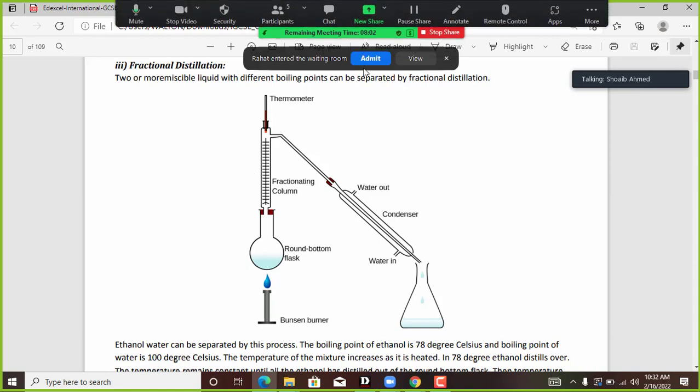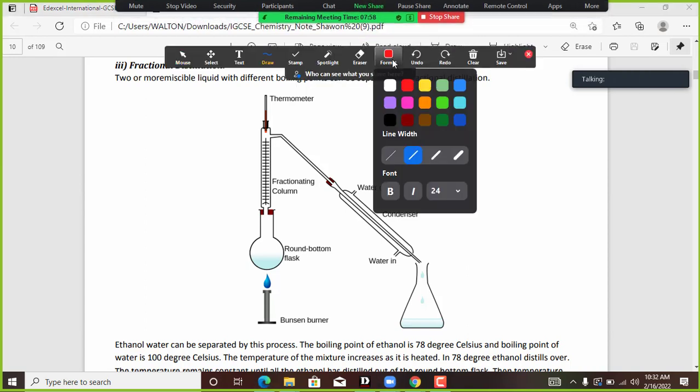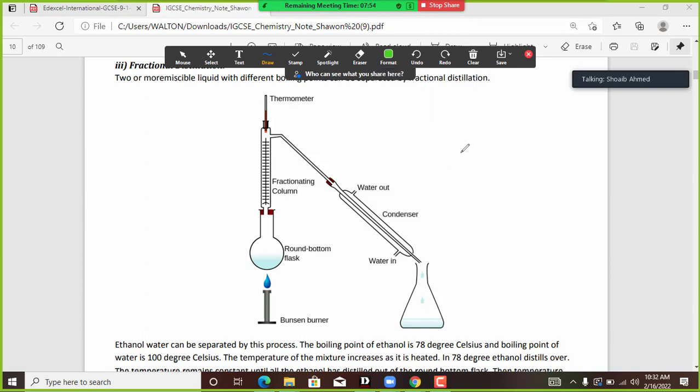Hello students, do you know what a hydrocarbon is? Hydrocarbons contain carbon and hydrogen, like methane, ethane, kerosene, diesel, octane, propane, butane. Compounds containing only carbon and hydrogen are called hydrocarbons. Methane is a hydrocarbon, ethane is a hydrocarbon, kerosene is a hydrocarbon, octane is a hydrocarbon, diesel is a hydrocarbon. So we can separate hydrocarbons